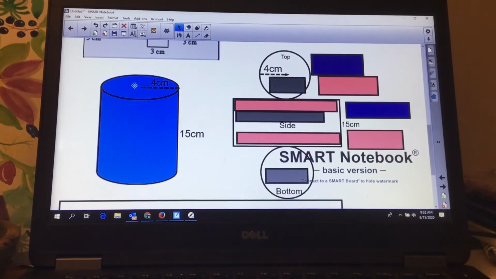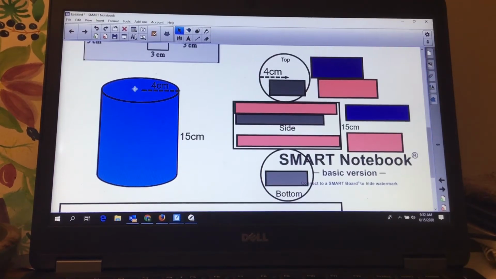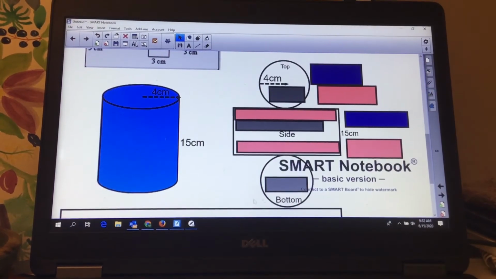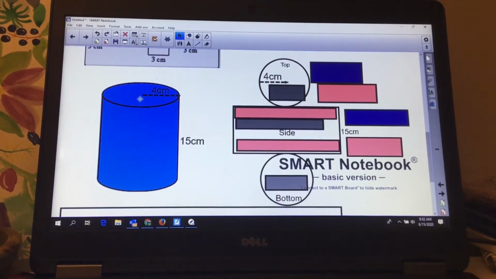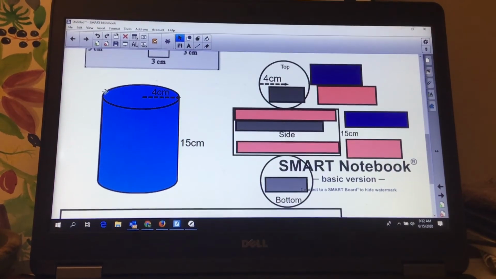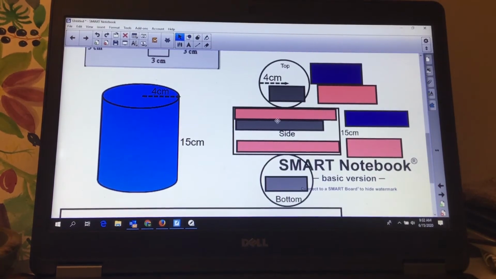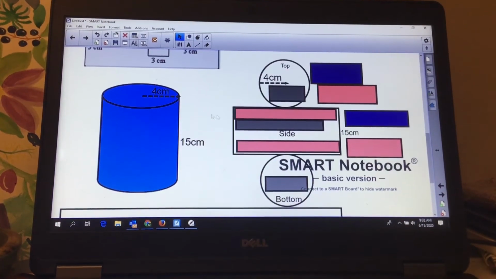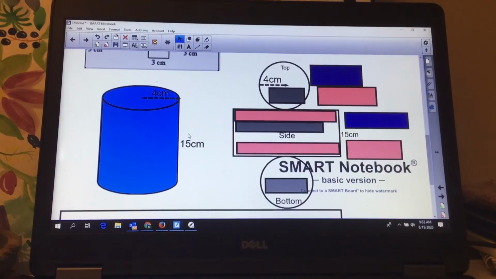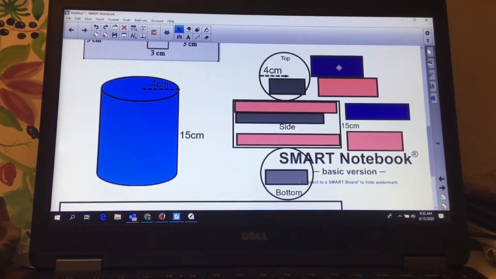So the net of a cylinder, I have a circle on the top, I have a circle on the bottom, and I have a rectangle on the side. If I take the lid on the bottom off and unfold, it's going to become a rectangle. So I just draw that. Okay, so the first thing I'm going to do, I'm going to write down